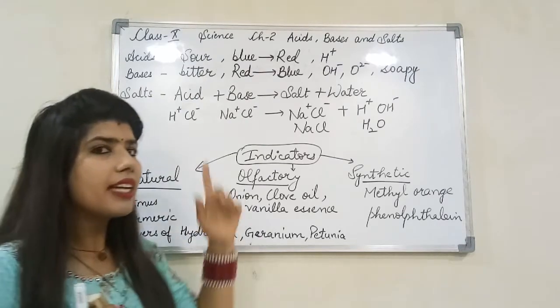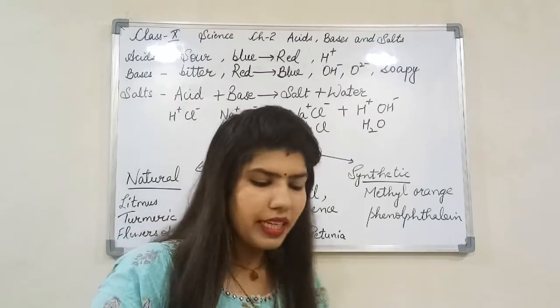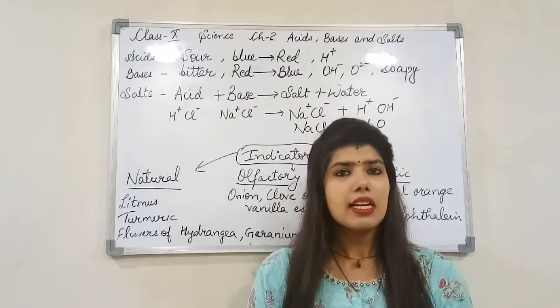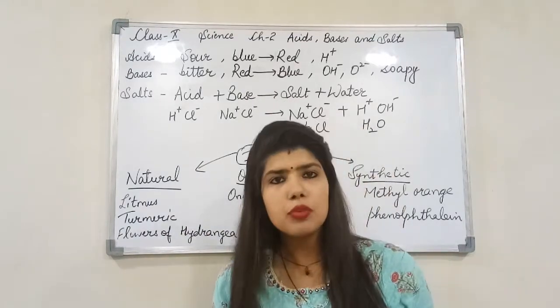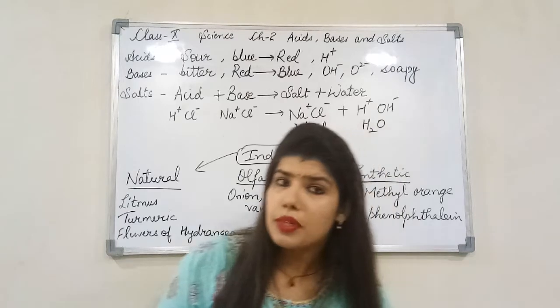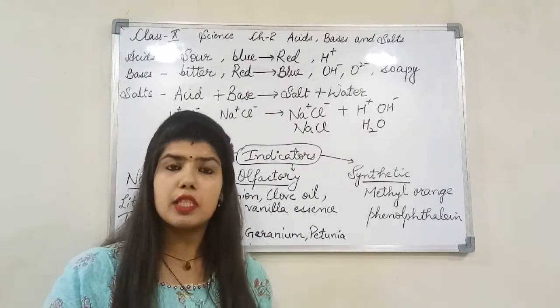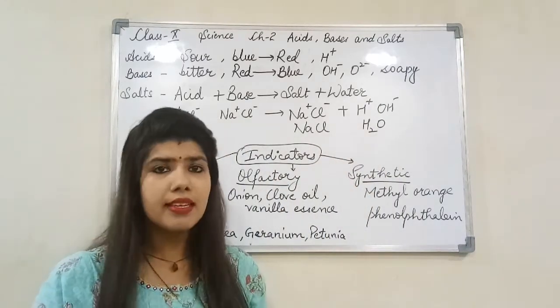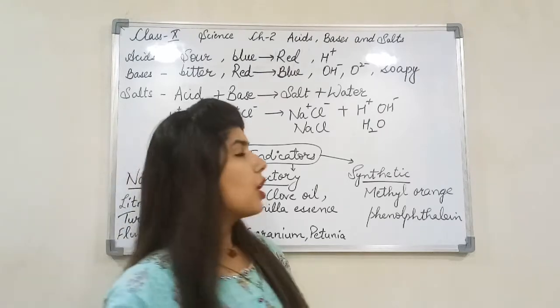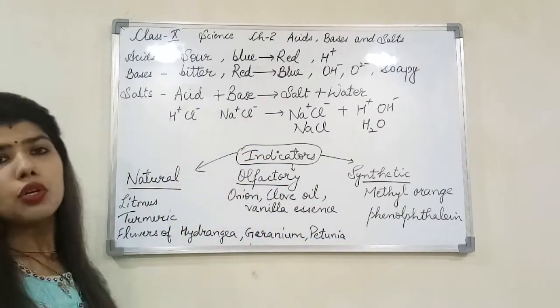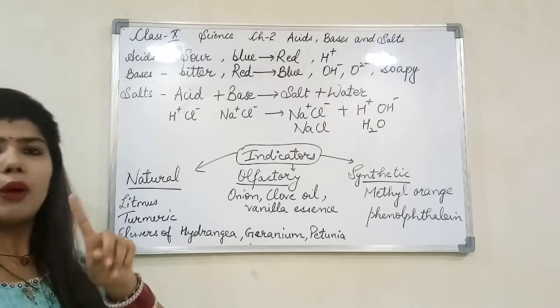Since we know this, I just told you about sour taste and bitter taste. We talked about two tastes. It means whenever you have your food, sometimes something tastes sour, sometimes something tastes bitter. It's because of acids or bases present in the food. Now talking about the next portion, that is salts. For this you have to keep one thing in your mind.